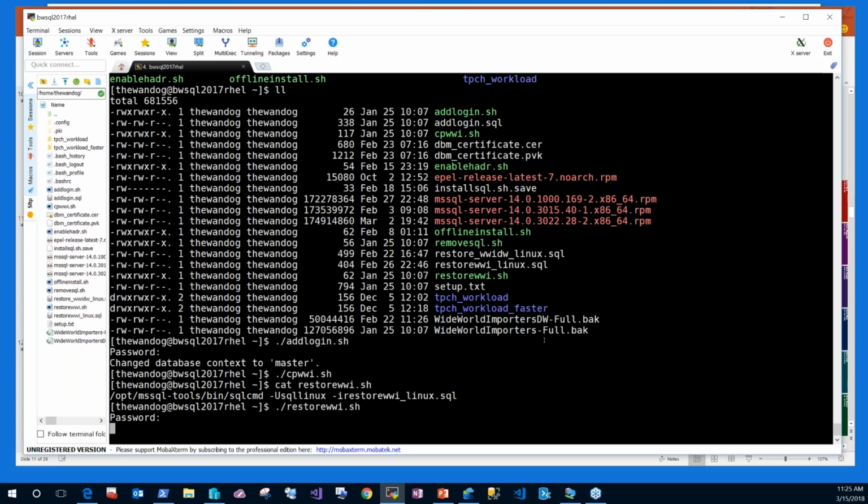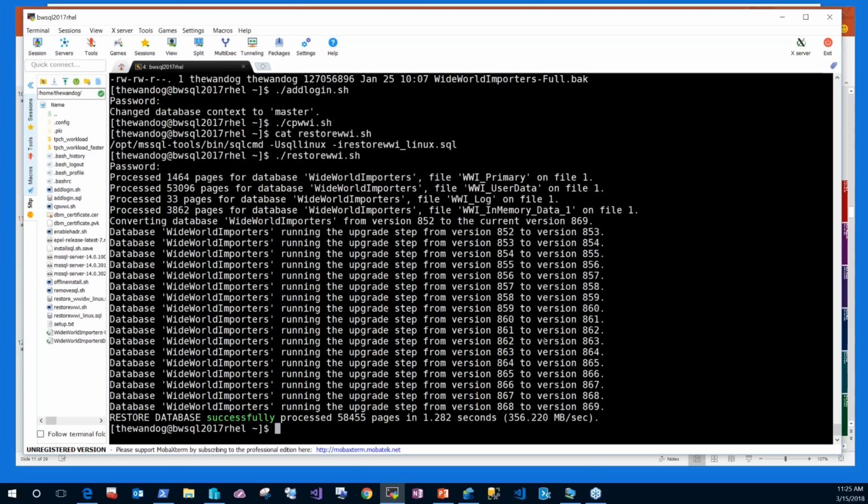Now what this is going to do, again, is run the SQL command to restore SQL Server on Linux. This is just like on Windows. Now, this WideWorldImporters is the SQL 16 backup. So one of the things it has to do, of course, when it does this restore, is run the upgrade steps. But because the core database engine is the same between Windows and Linux, I'm able to